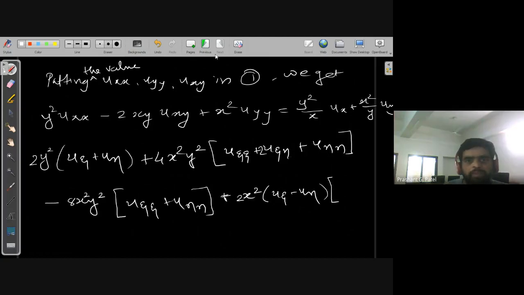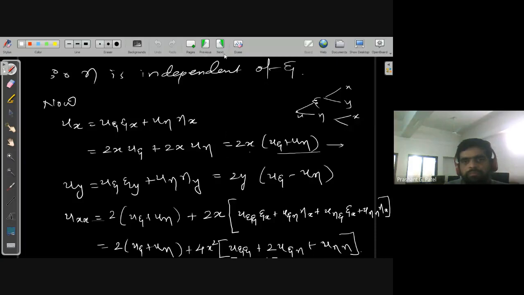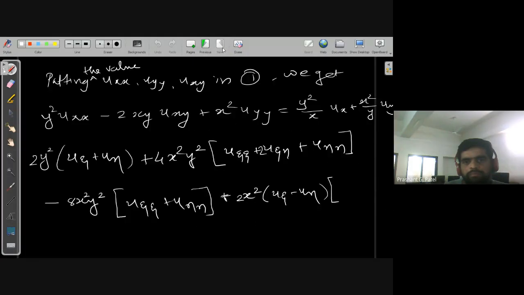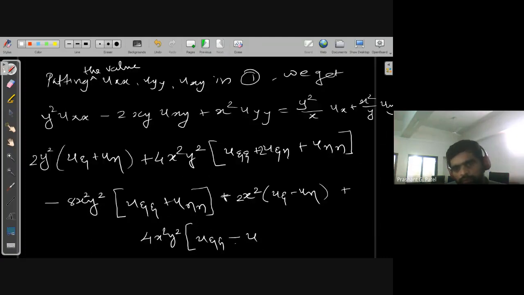That means it is in multiplication. 4x square y square. So plus 4x square y square inside bracket. You will have u xi. This will be minus u xi eta plus u eta eta, 2 times this, equal to